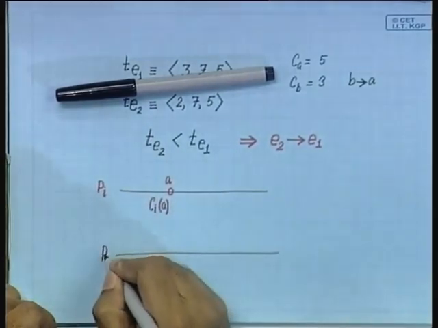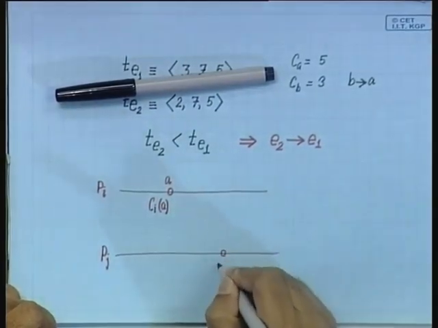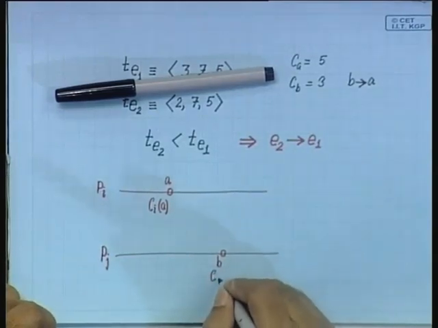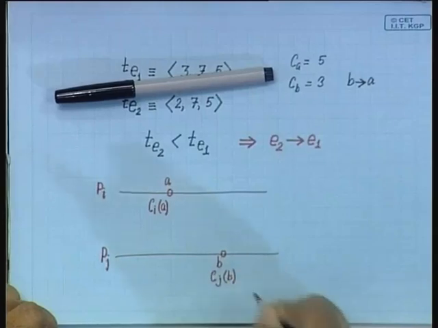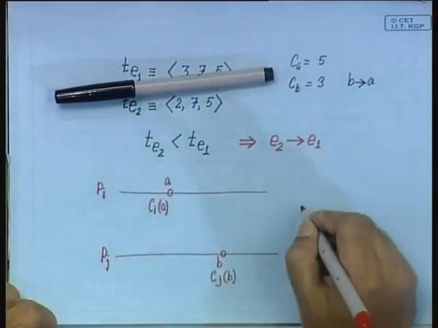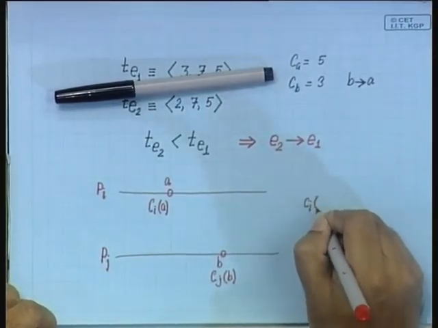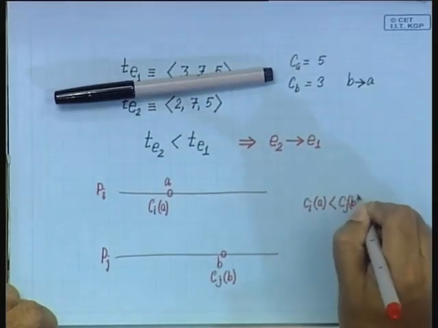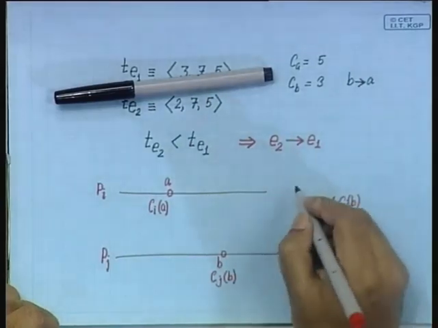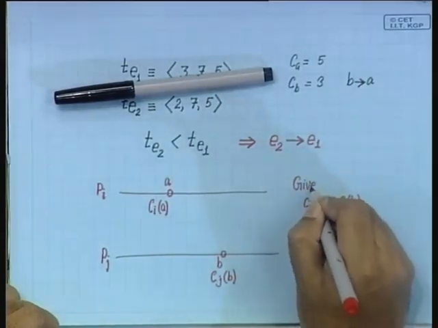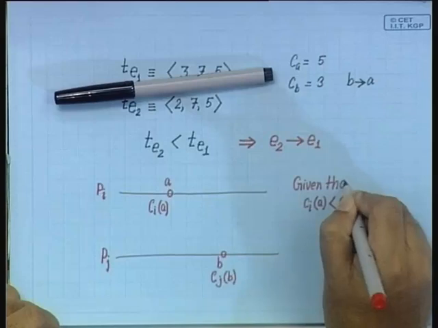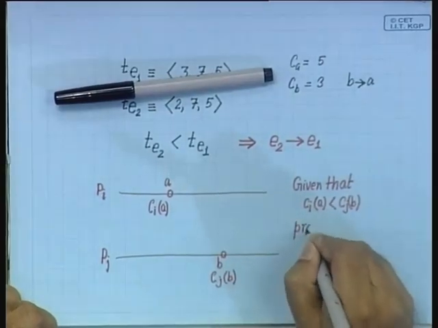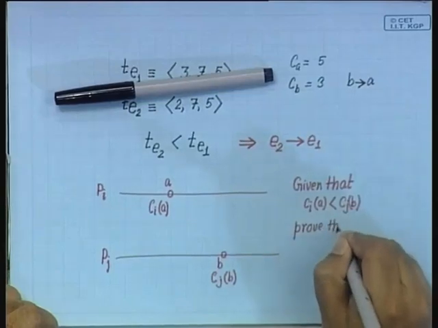This is some process Pj, and here some event B has occurred, which has been timestamped with CjB, and we are given that CiA is less than CjB. Prove that